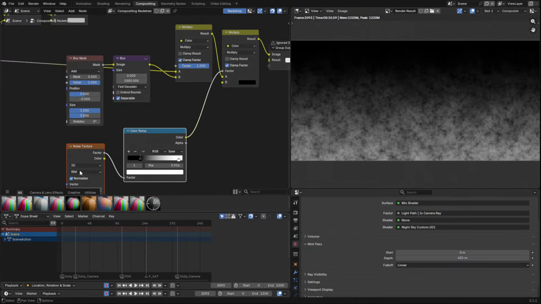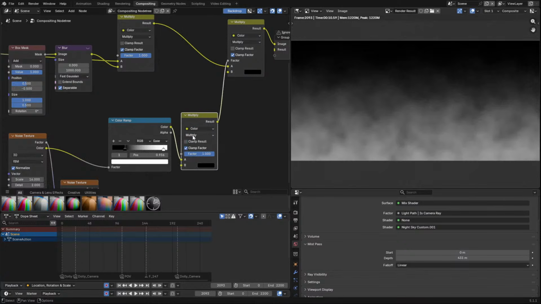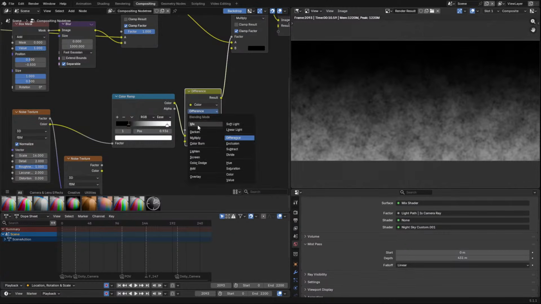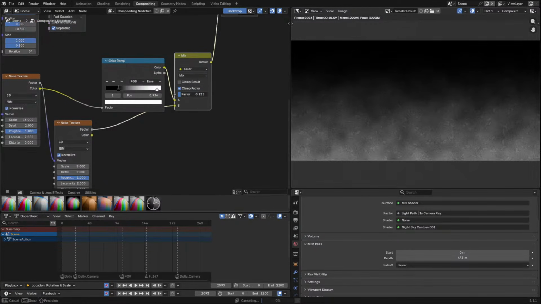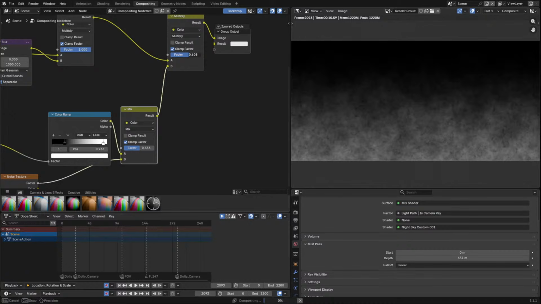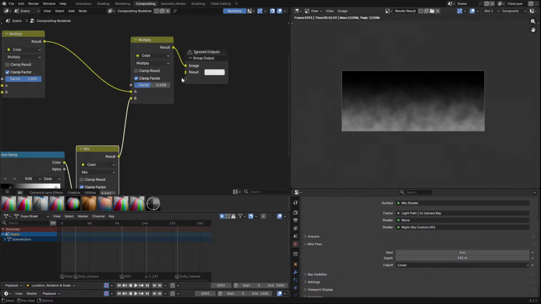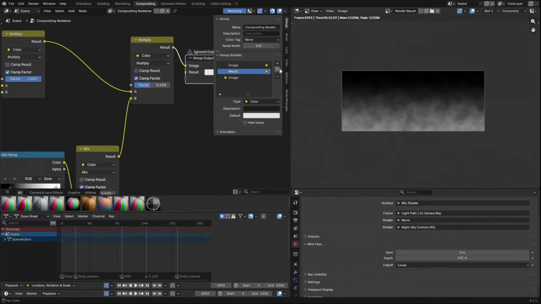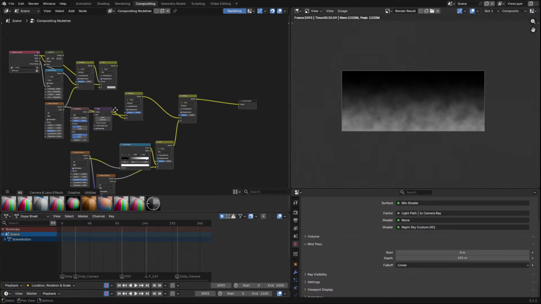Okay. Take another noise texture. Oops. Use a mix. And then this one will be 5. Okay, so we have this foggy thing, right? Gonna turn this on. Okay, got this foggy thing, and now when we combine this with the mist node, so